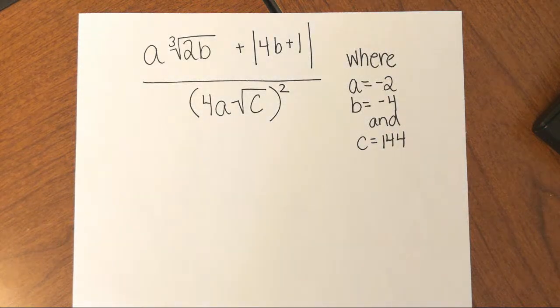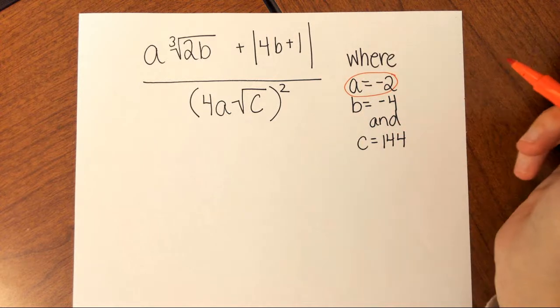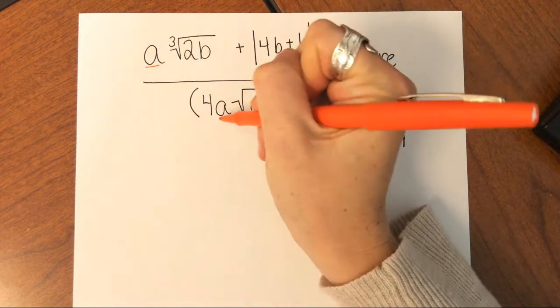This is a short video to discuss evaluating expressions when you're given replacement values. So we're going to take a look at how to solve this using all of the different types of operations that we expect you to know in algebra. So the first thing you'll notice is that A is -2, so that means that here and here we're going